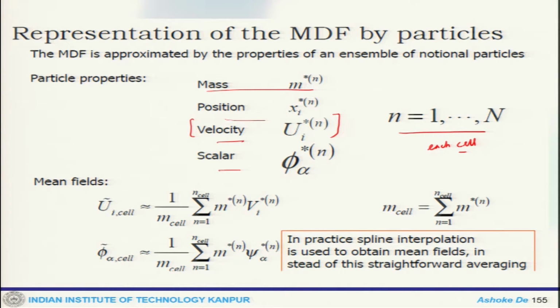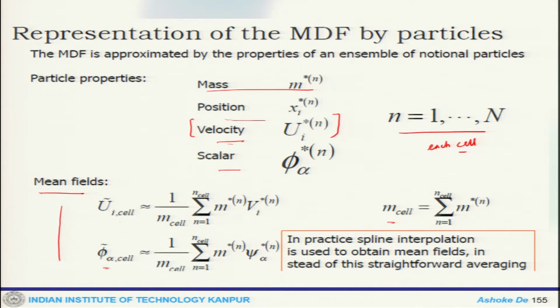But here we have a joint velocity PDF and a velocity-scalar PDF. So the statistics of the velocity field is available. That is why this will also become important for the particle. Then when you look at the mean fields, we have the total number per cell, the mean velocity component, the mean scalar component and the mass. These are the important parameters that one has to satisfy to maintain consistency between the Eulerian framework and the particle framework.